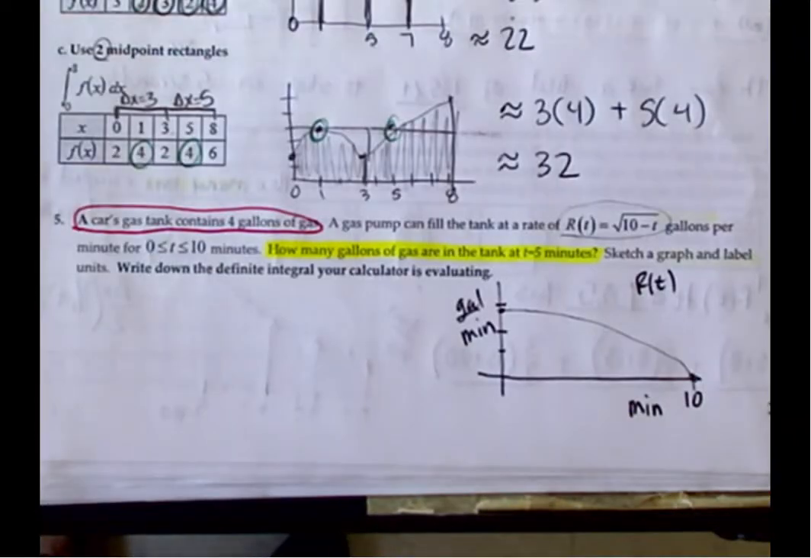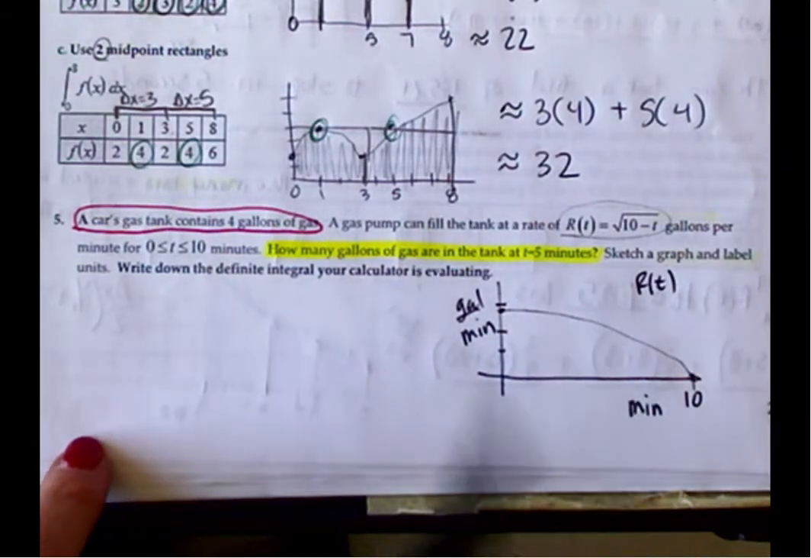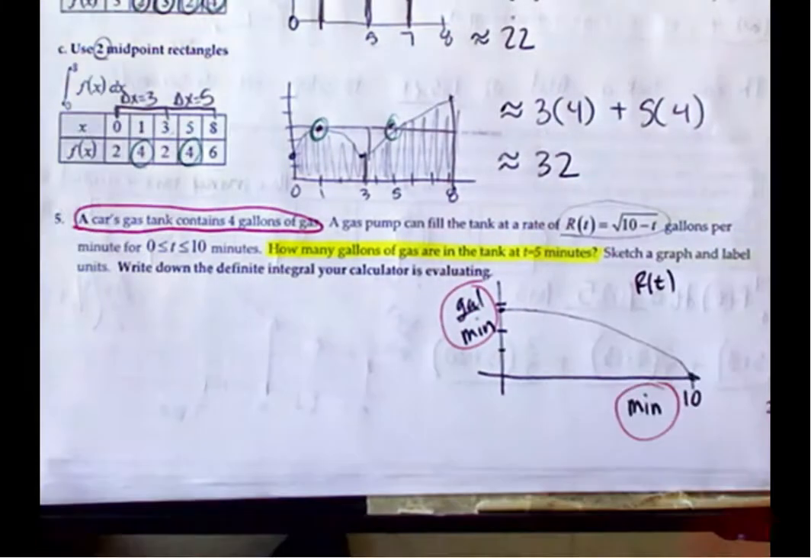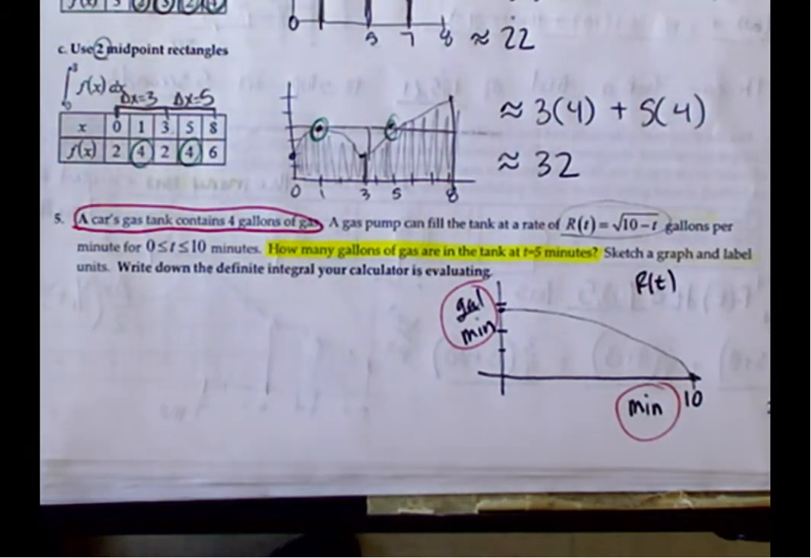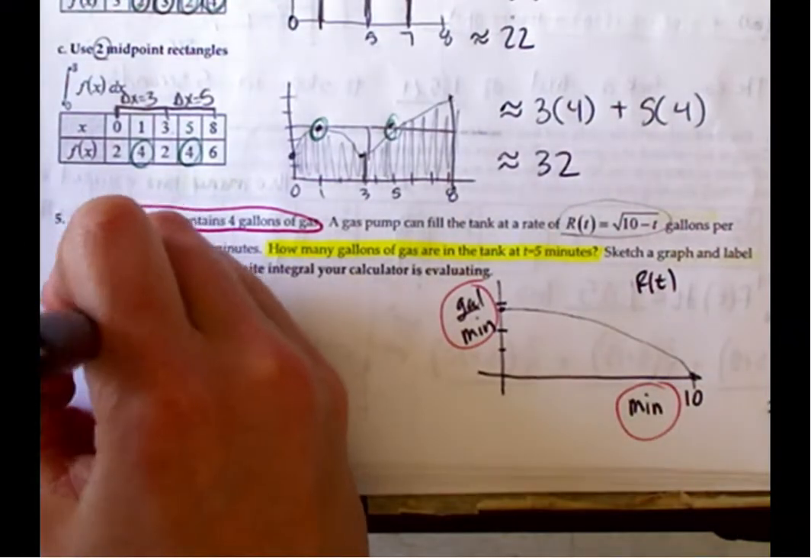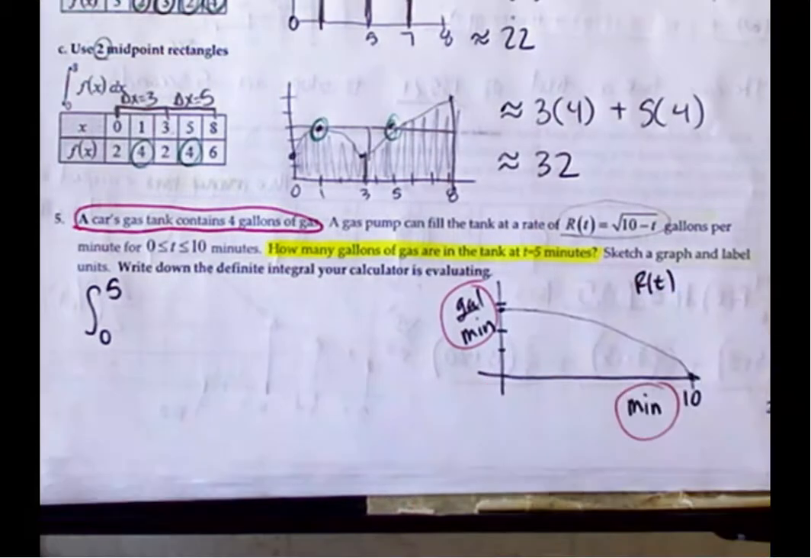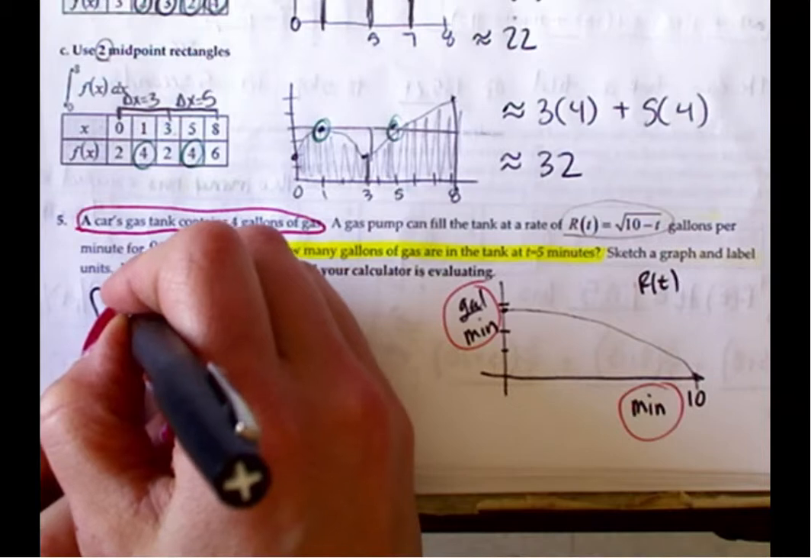Okay, how do I answer the question? It does not tell you what to do. But if I want how many gallons, you have to look at the information available. I have gallons per minute and minutes. If you want total gallons, you do the definite integral, 0 to 5, because it just says at 5 minutes. It doesn't say at 10. It says for 5 minutes. R of t